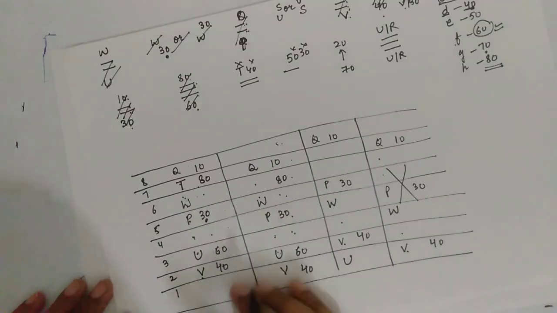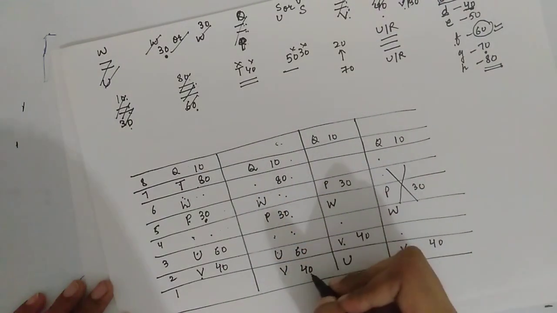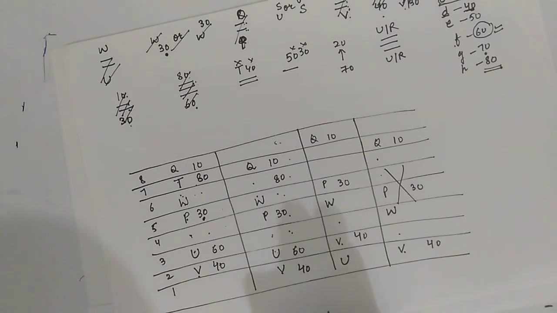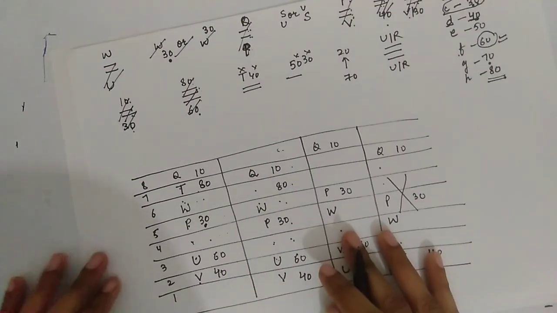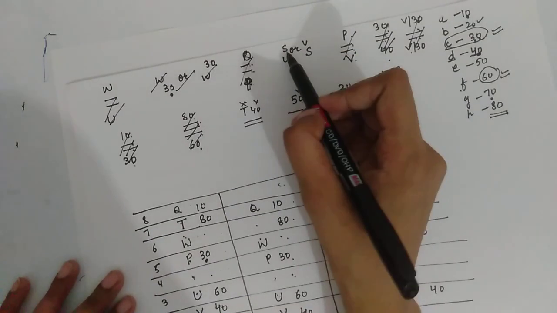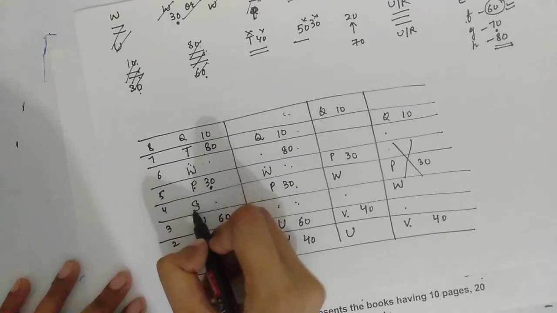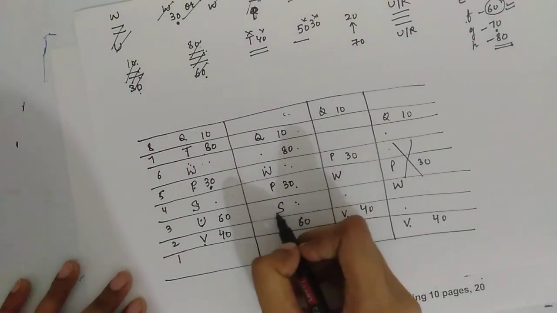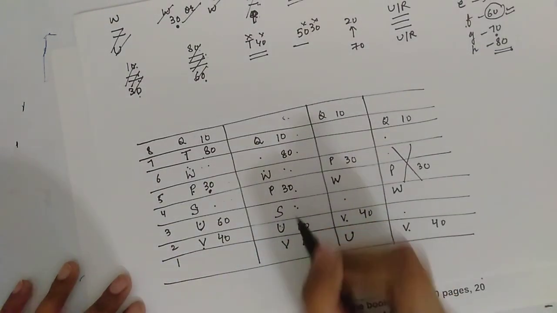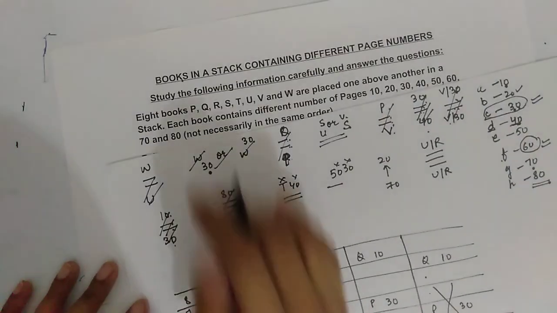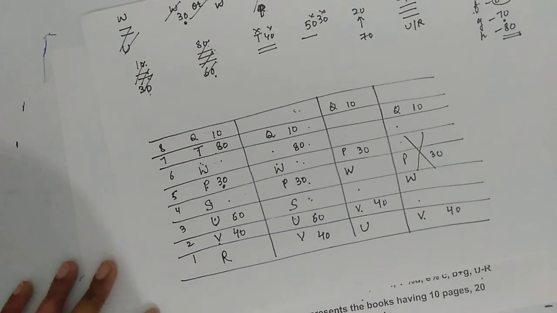And yes. So in this case we can't say more, because T is already not adjacent to the 40 book. Fine. Now see the next one. Okay, we are left with one condition, this one. Book U and S are adjacent to each other. So this is U, this will be book S, because they are next to each other. Fine. Now see, the one book that is left is R. So book R will be placed here. Fine.